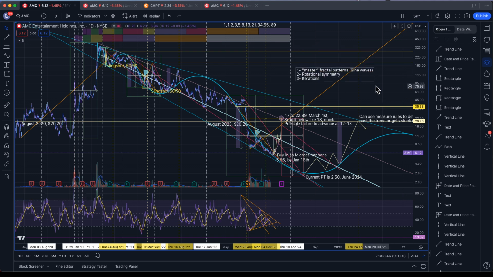So number one is what I call the master fractal pattern, which has to do with the sine waves. It's the one that has the basic pattern that you see, and it's the one I've used to study both iterations and how the algorithm on this stock likes to comb through a range before it moves on. And it's a very good fractal pattern to study because it has kind of everything in it,